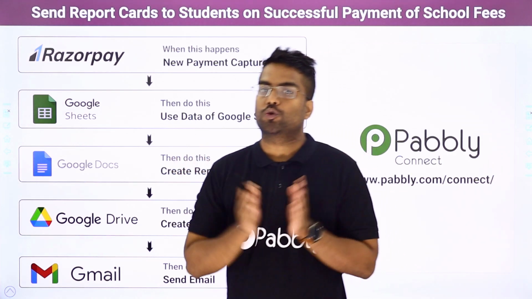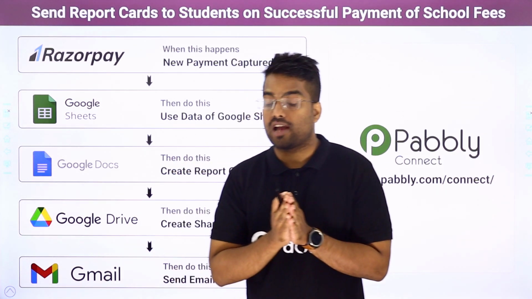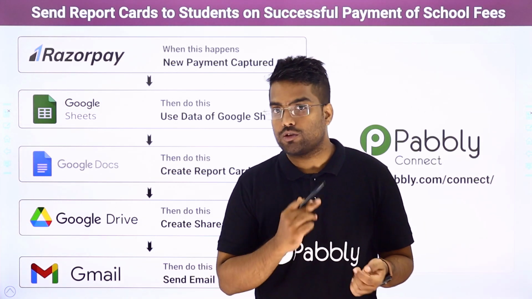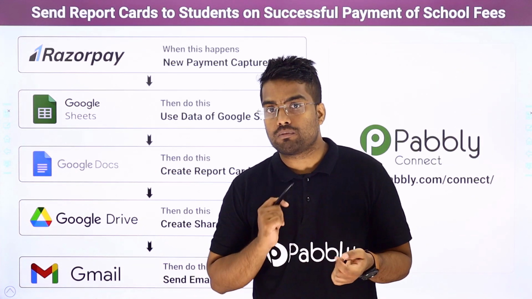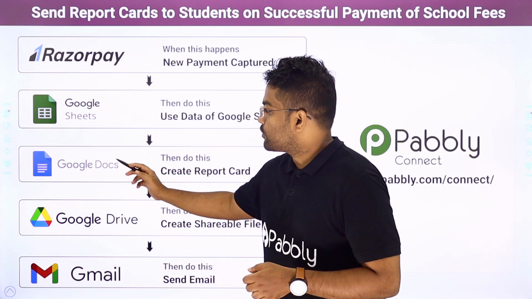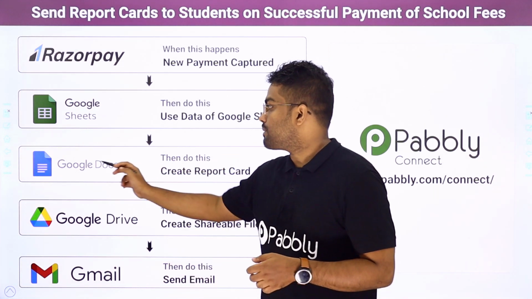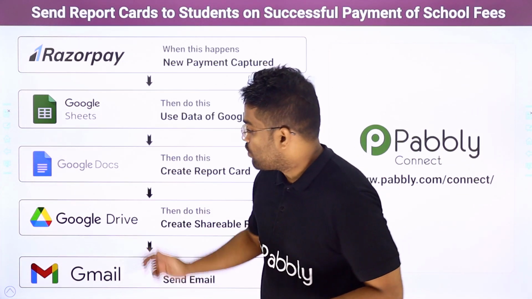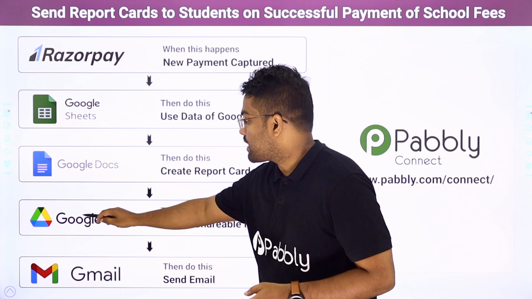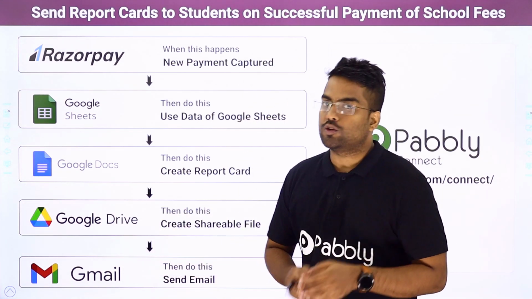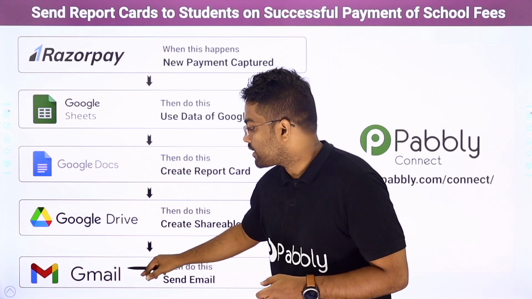So what you really want to do here is, you have a Google Sheet, and in this Google Sheet you have the database of your students. You have their names, email addresses, roll numbers, and of course their marks. Using these details, you want to create a report card using the template that is present in Google Docs. Once the report is created, you want to save that report card in Google Drive. After saving this report card in Google Drive, you want to share the same report card to John